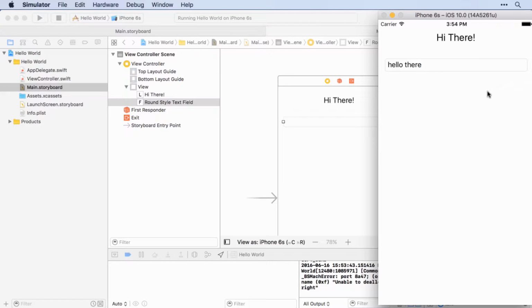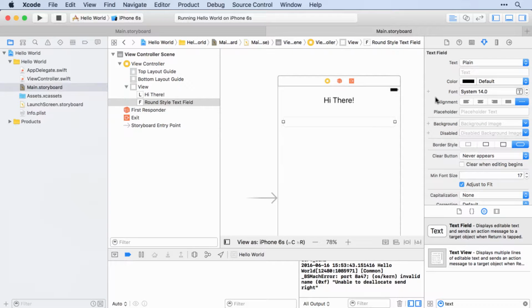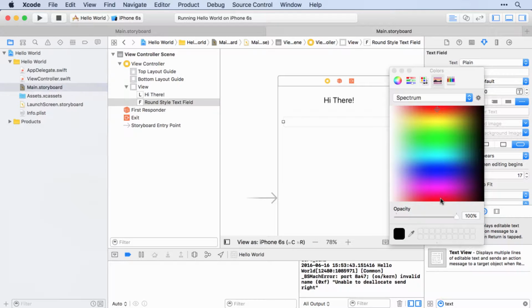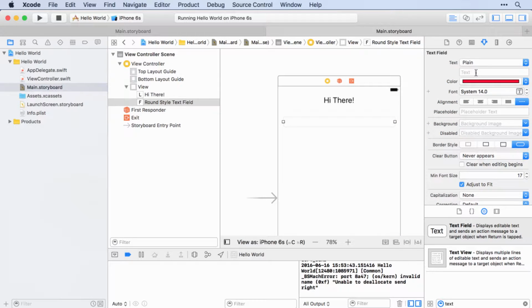So most of the time you're going to want to keep your text inputs pretty close to the default. They look pretty good anyway, and they're what people are going to be expecting to see if they are required to enter some text. But there are a few options that are worth being aware of. So as before, we can change the color if we really want to. That will change the color of the text inside. We can have some text there by default if we want to, but more common is to use what's known as a placeholder,